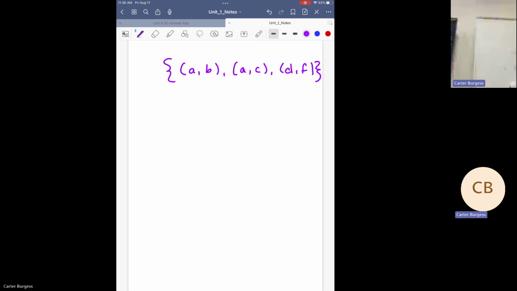But I think that kind of definition, while fine, technically true, undercuts the point of what we're doing with functions, what we're doing with relations, and doesn't do a great job of highlighting